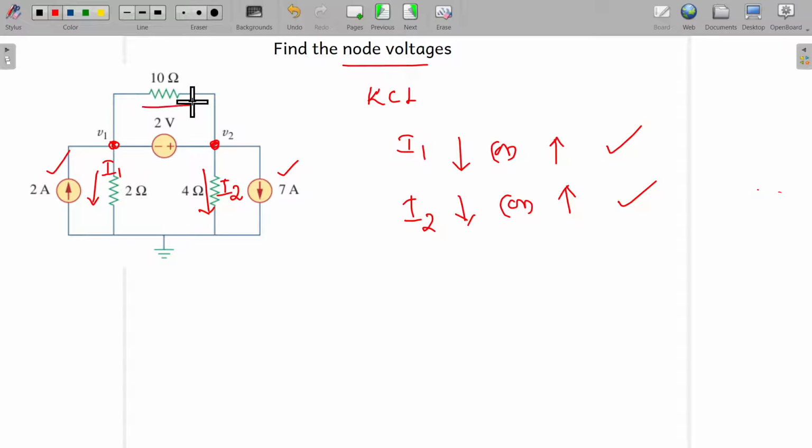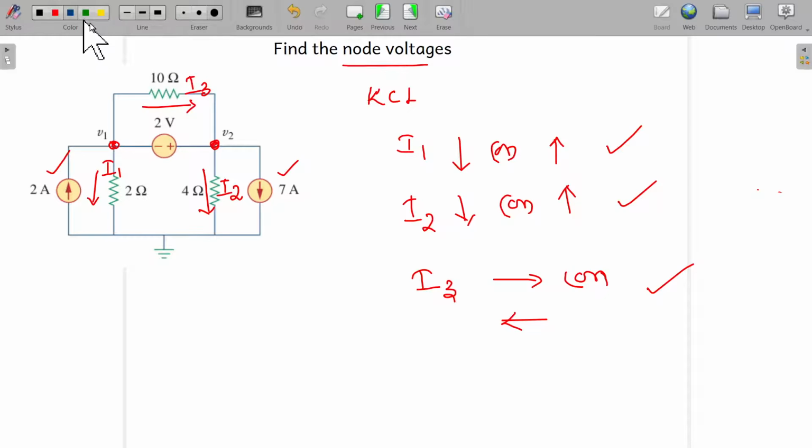Through this you can put it like this, I3 current, meaning it is flowing from left to right, or you can choose it like this, right to left. Both directions are correct, so you can choose any one of the directions. Whenever I say that it is flowing from left to right, I prefer to have it in the left to right direction.